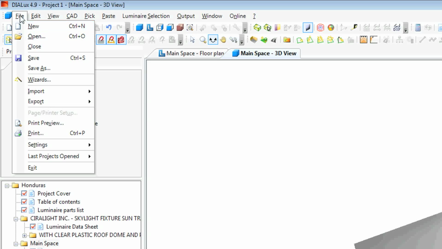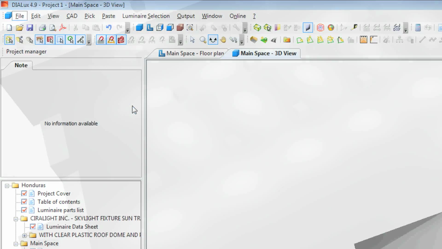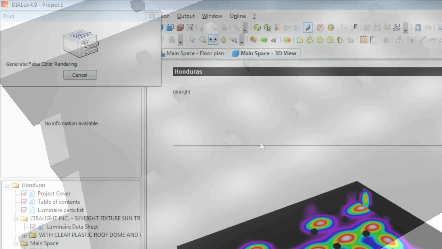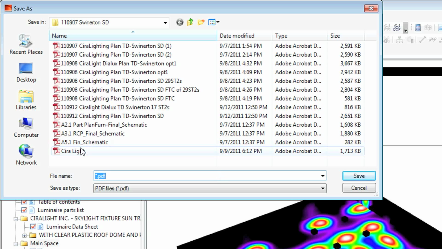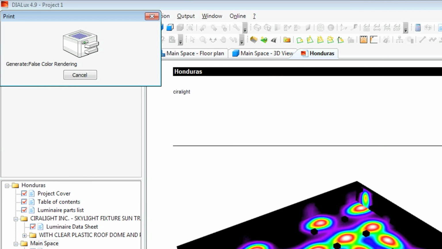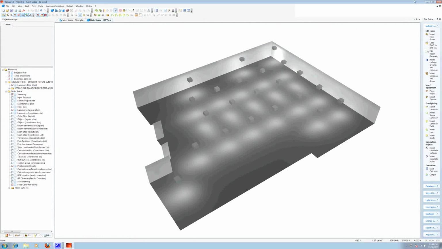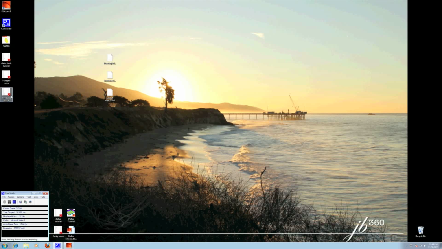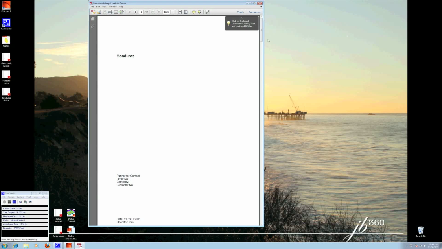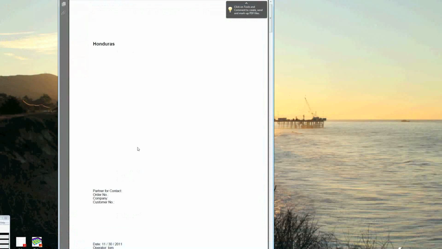Now to get our PDF, we go File, Export, Save Output as PDF, and save that as Honduras. And we're just waiting as DIALux performs the calculations. There we go. Open Honduras DIALux, and here we have our title, operator,